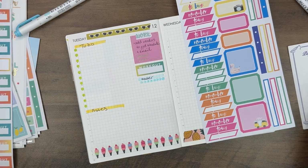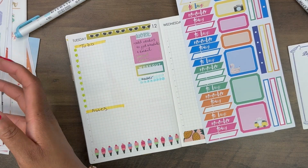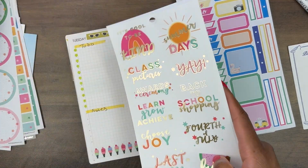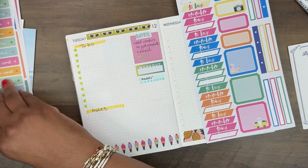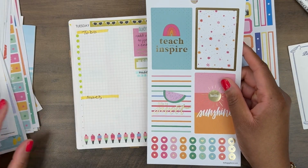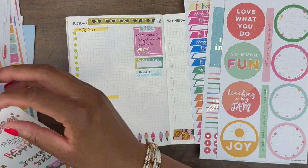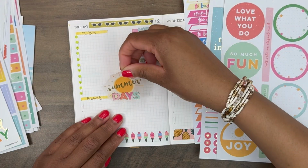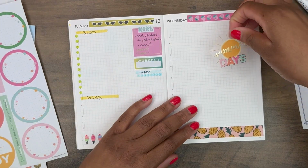I wanted to use some of the other stuff from here, but I don't think my layout lends well to using checklist stickers. But I do like some of the deco from the teacher sticker books. So how about, let's do the summer days. It's pretty big. How about we do this on,